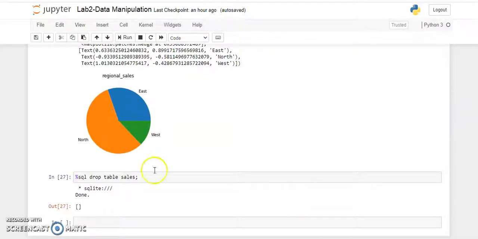Here we can see that north has the maximum share of sales, east is second last, and west is last. Here we are able to see how the regional sales are behaving.